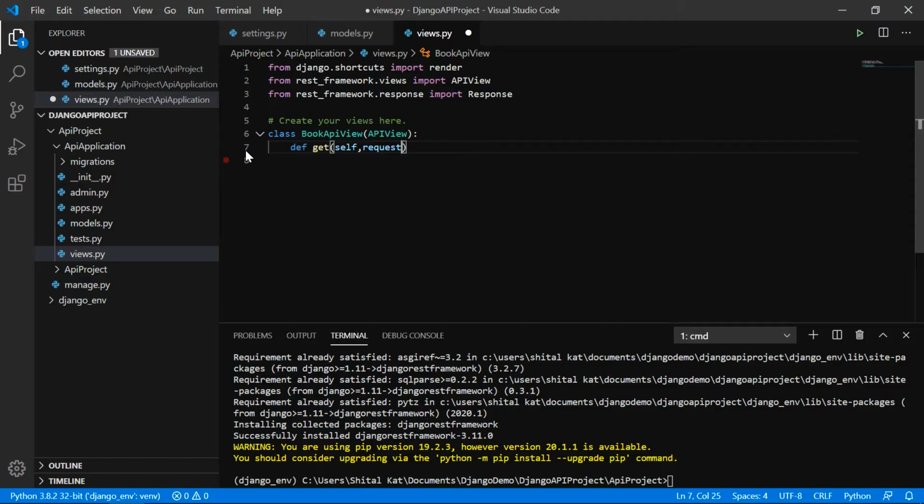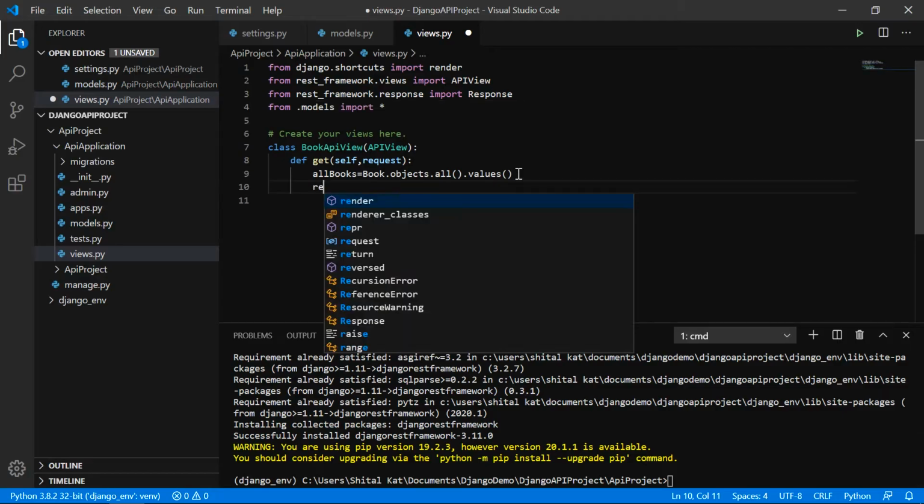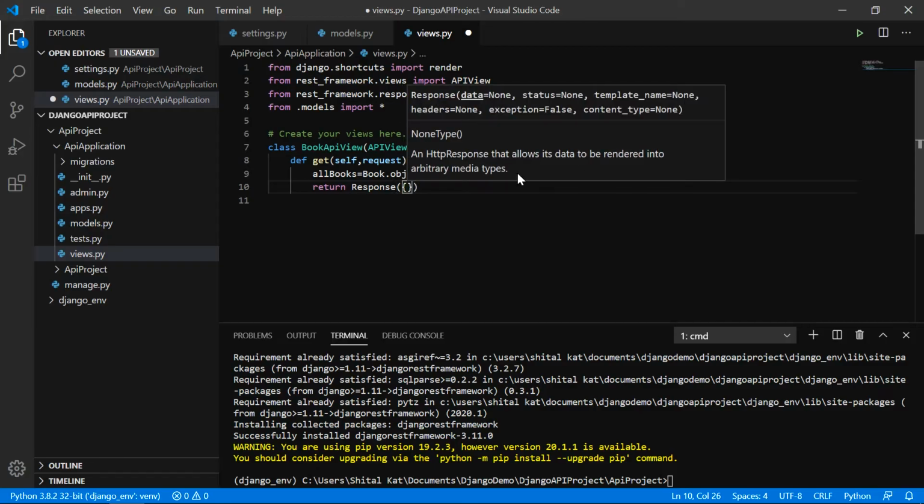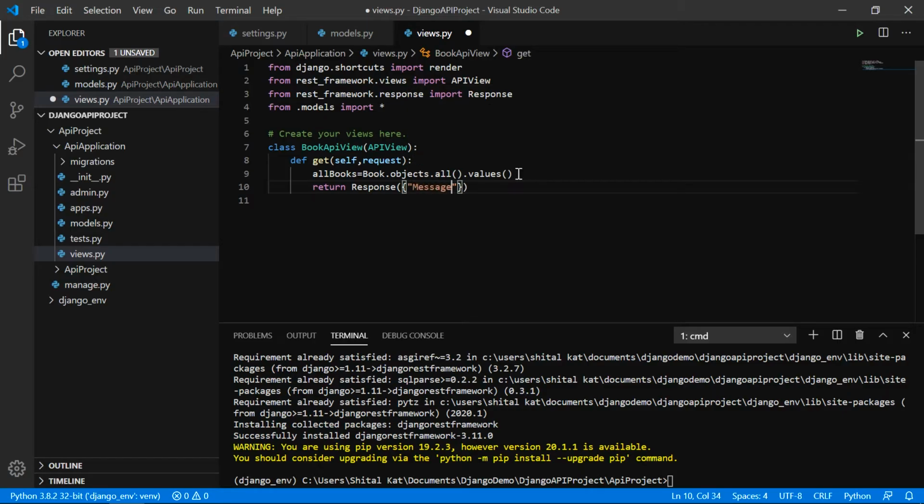We will override the get method. Here we will query on the object of books. Django will automatically convert this statement into SQL. It will connect to the database and return query data for you. In all book variable we have a list of all books now. So we will return it in the key value pair format.